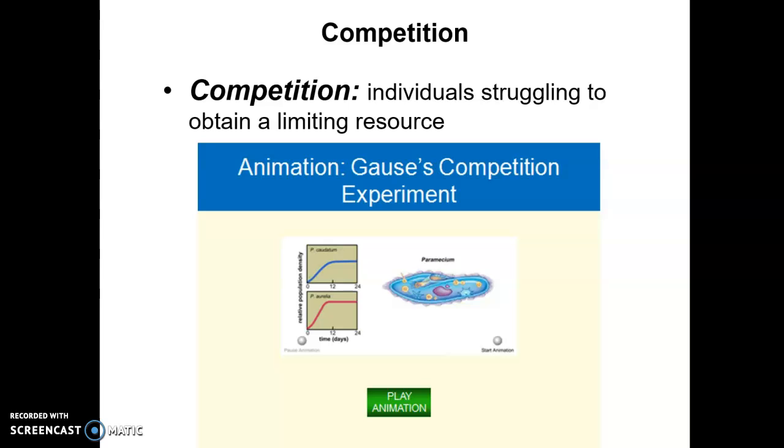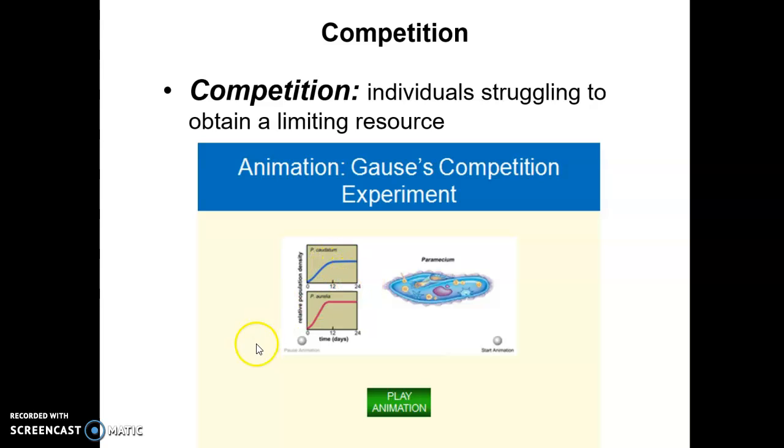And so he found that, in fact, at the end of the 24 days, the Aurelia, the one down here in the second diagram, completely outcompeted the Caudatum. So they dominated the culture. And the reason was because they have a more rapid growth rate, reproductive rate, when nutrients are not limited. It's a faster growth rate than the Caudatum. So eventually, instead of having this one level off, what happened when you put them together is this one